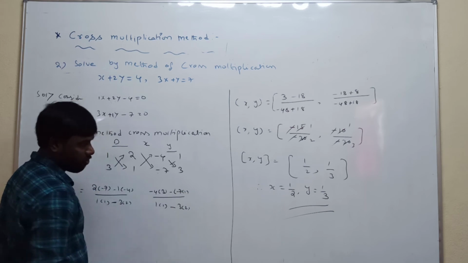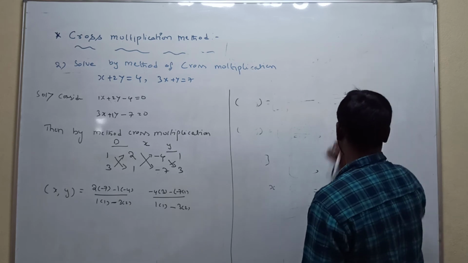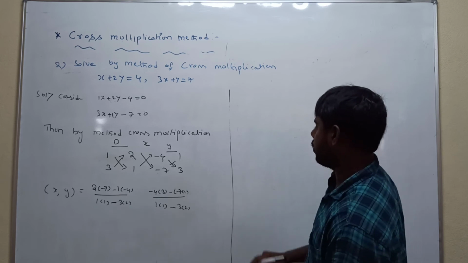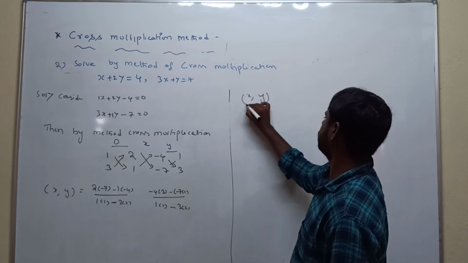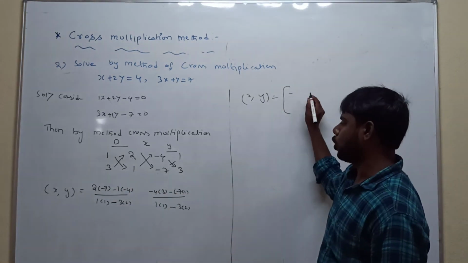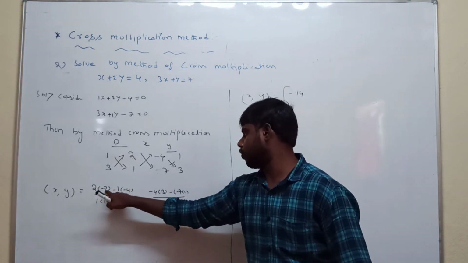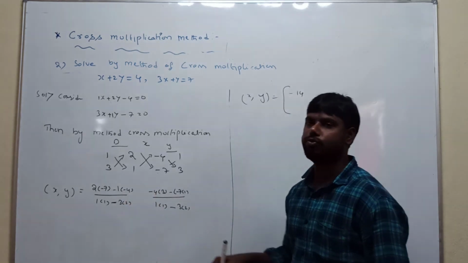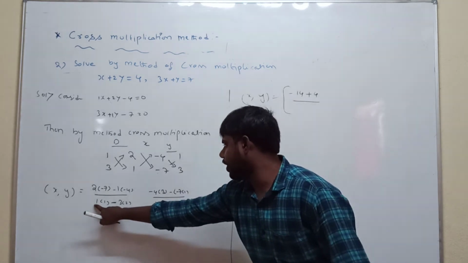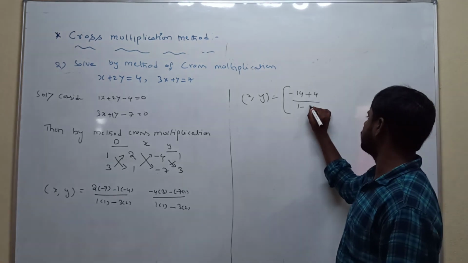Now simplify the numerator and denominator. So very easy, simple, but not important for the final exam. Okay? x comma y equal to: plus into minus is minus, 2 sevens are 14, so minus 14. Minus into minus is plus, 1 into 4 is 4, so plus 4. Next, write in the denominator: 1 into 1 is 1, minus 3 into 2 is 6. So x is over.